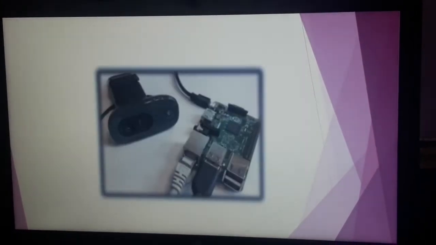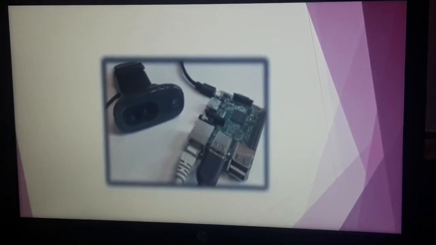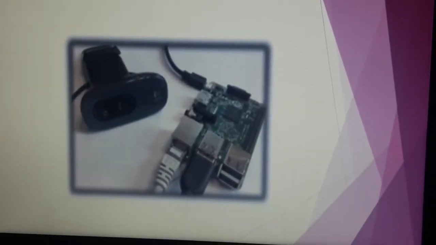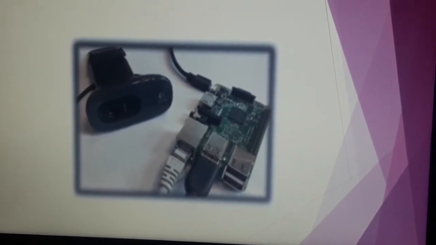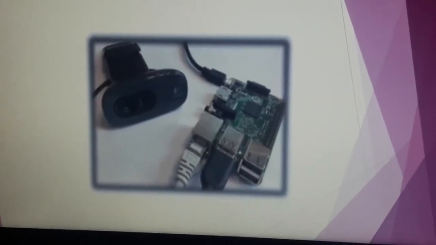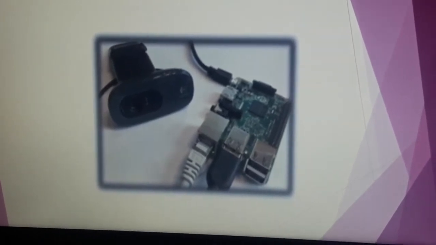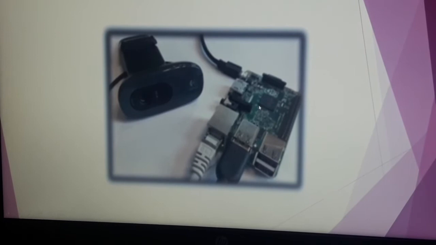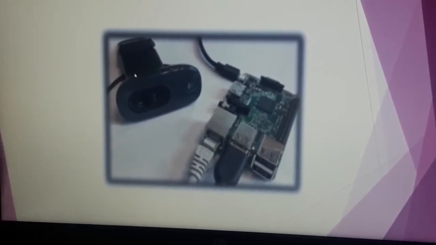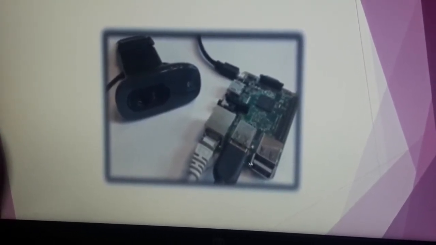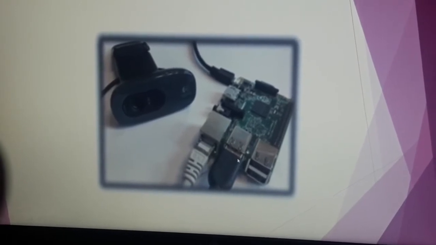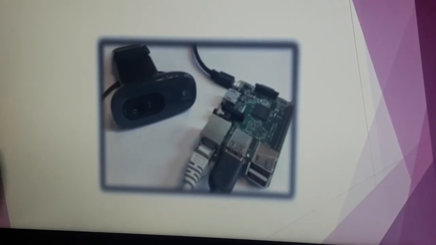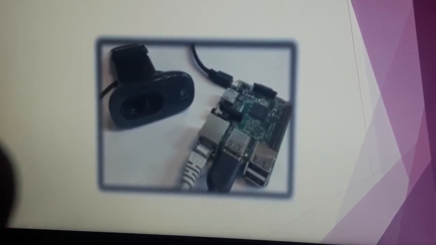Next, this is a model. We have designed the prototype model for blind, deaf and dumb people by employing a single compact device. This is a Raspberry Pi, and here a webcam is connected to one of the USB ports, and this is a speaker, connected to a pin to give the voice output.